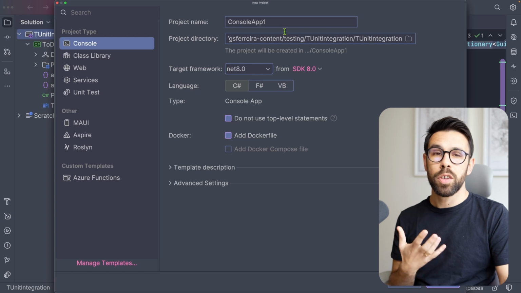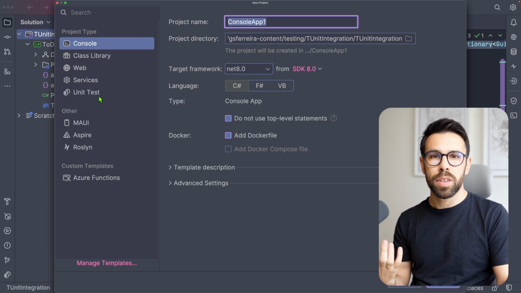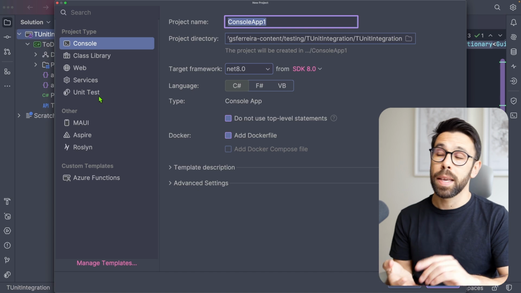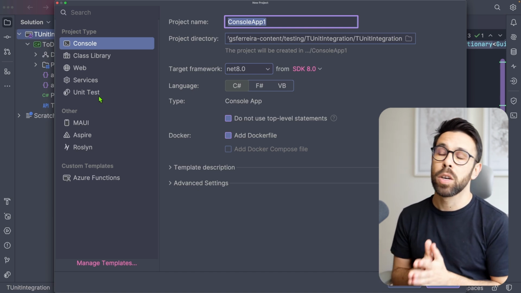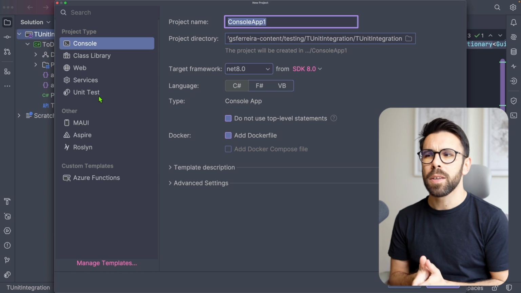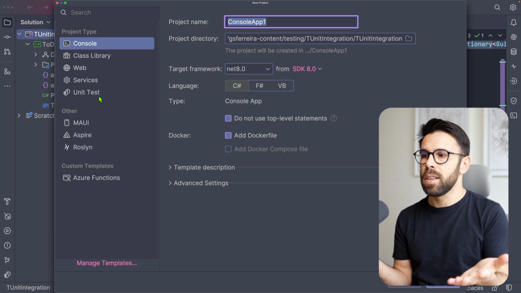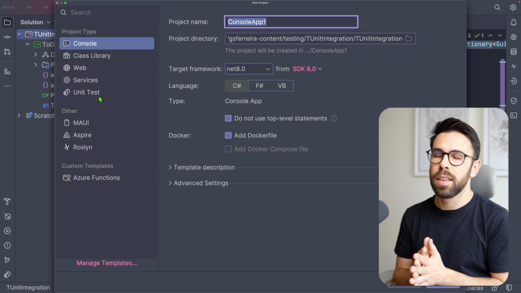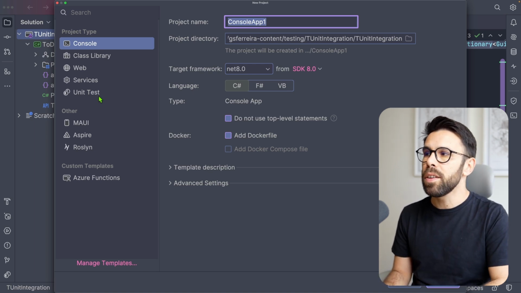First thing that we need to do is to create a testing project. What do? Create a new project of the type console. So instead of going to the traditional unit tests and picking the testing framework that you want to use, you want to create a console application. Why? Because TUnit is so recent that most IDEs, I don't think there's any IDE yet that supports that out of the box. So here I will create my